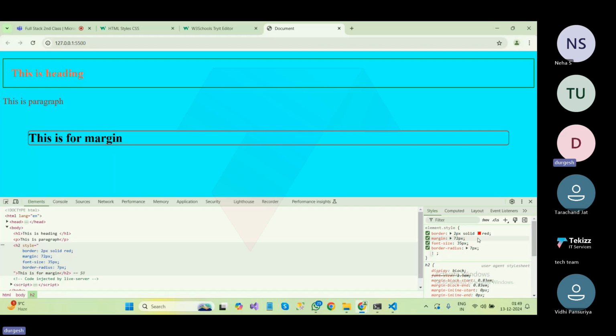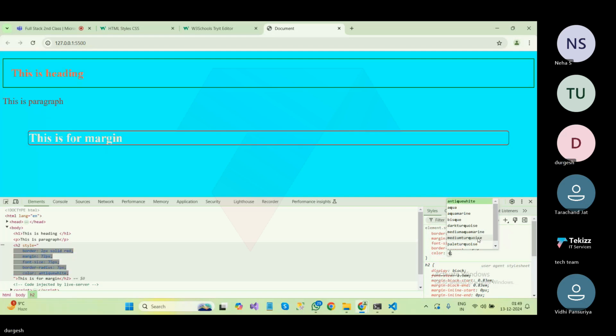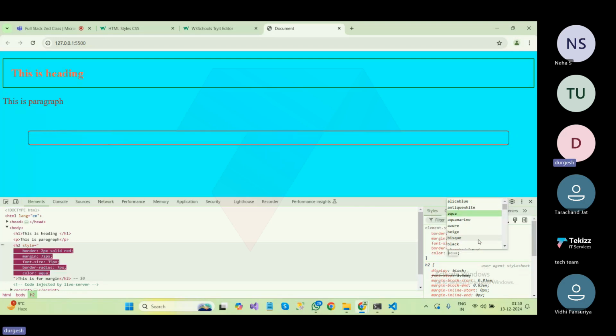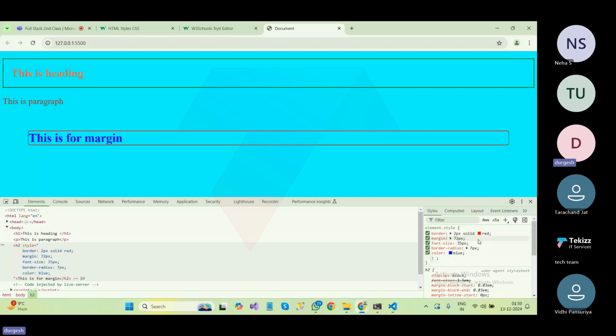Okay, and then the text color is blue. So copy it